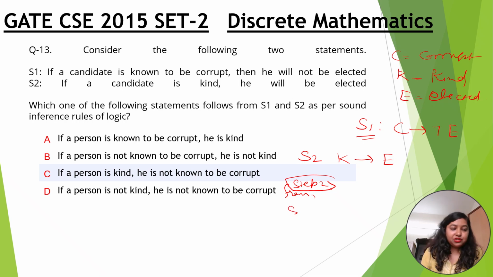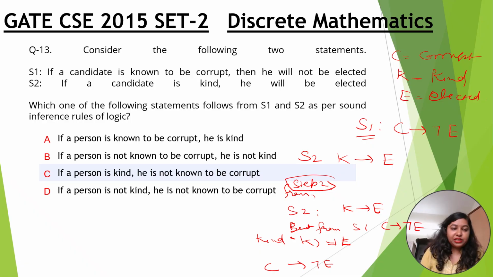From S2 K gives E, but from S1 C gives not E. तो अगर कोई kind है तो elected होगा, और अगर कोई corrupt C है तो elected नहीं होगा. ओके, सो इसका मतलब है दोनों एक साथ ट्रू नहीं हो सकते,